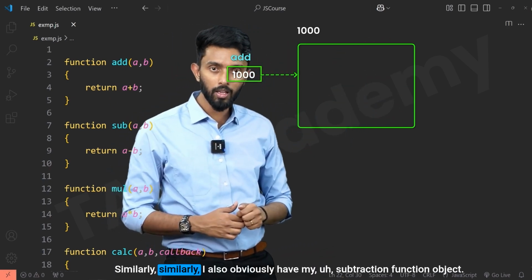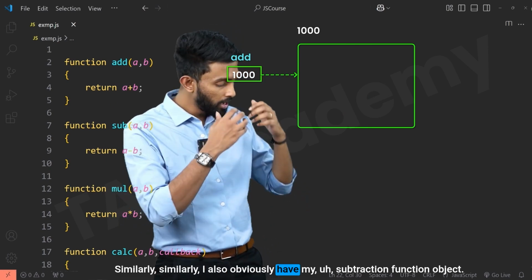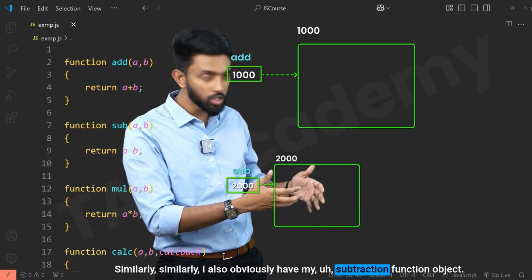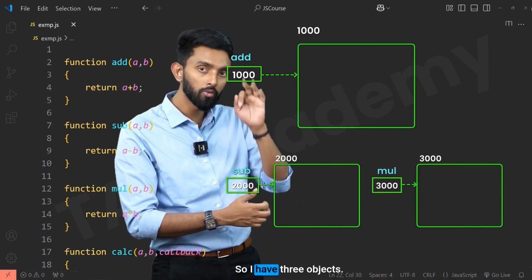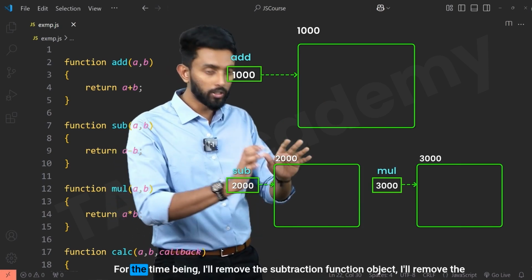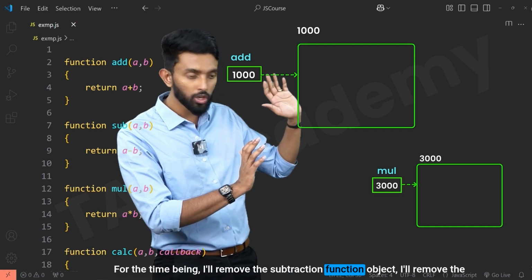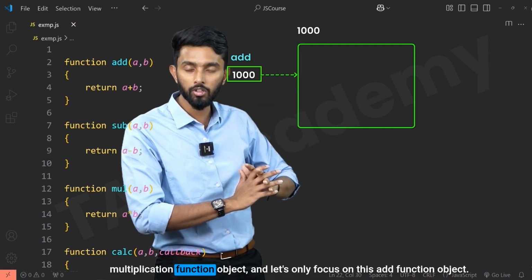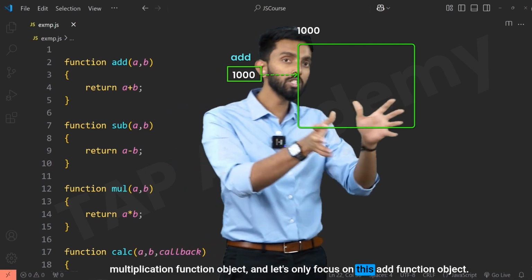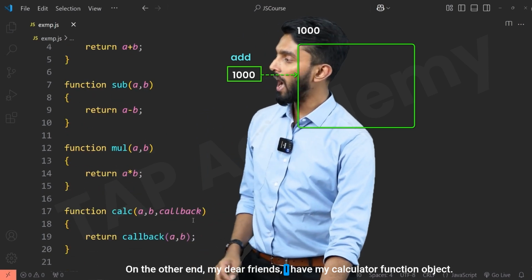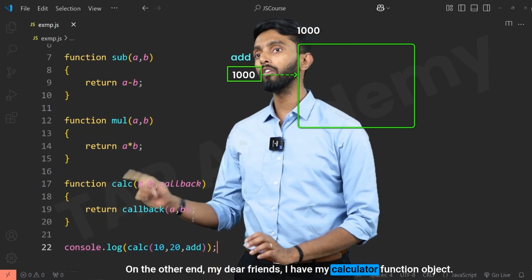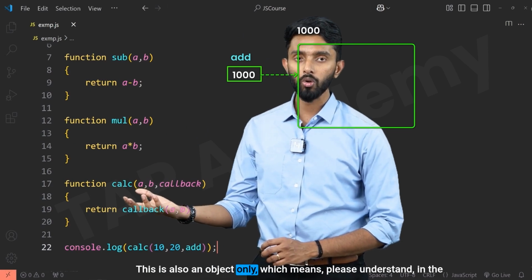Similarly, I also obviously have my subtraction function object. I also have my multiplication function object. So I have three objects, right? For the time being, I'll remove the subtraction function object, I'll remove the multiplication function object, and let's only focus on this add function object. On the other end, my dear friends, I have my calculator function object. This is also an object only, which means please understand,